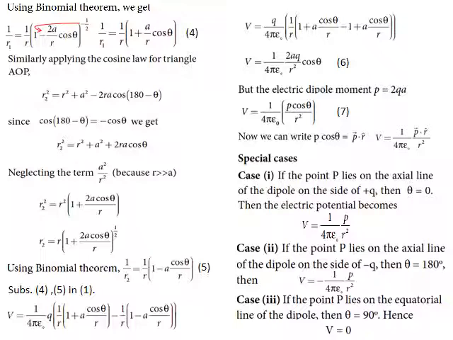So one can compare. In equation number 4 it is 1 plus A by R cos theta, here it is 1 minus A by R cos theta. So we need to substitute these two equations, 4 and 5, in equation number 1. Therefore